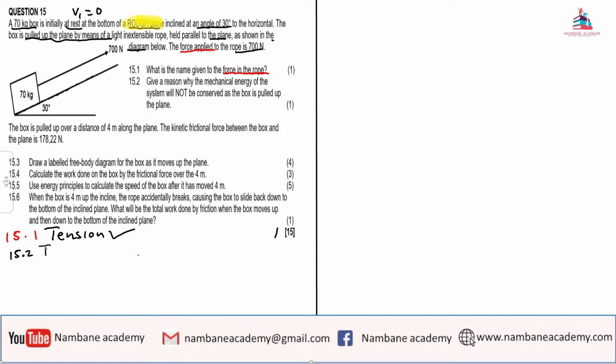So the system is not isolated. So one can just start by saying there is friction. And once there is friction, it basically means the system is not isolated. Furthermore, one can say the system is not isolated because there's friction, but I don't want to give you a lot of different answers or other options. We just say there is friction, which is just another 1 mark.